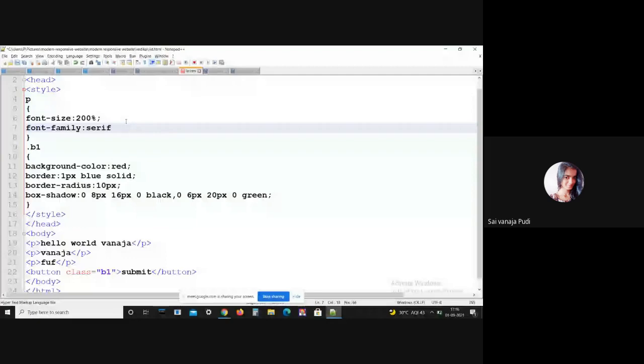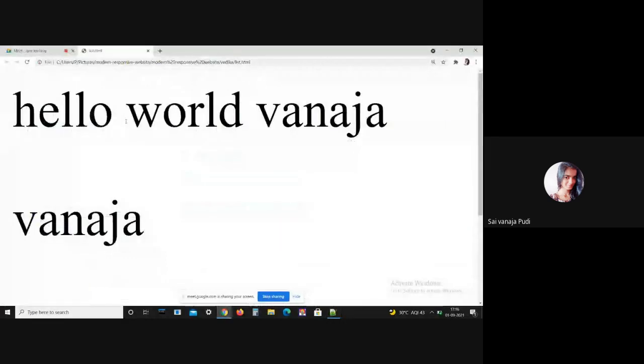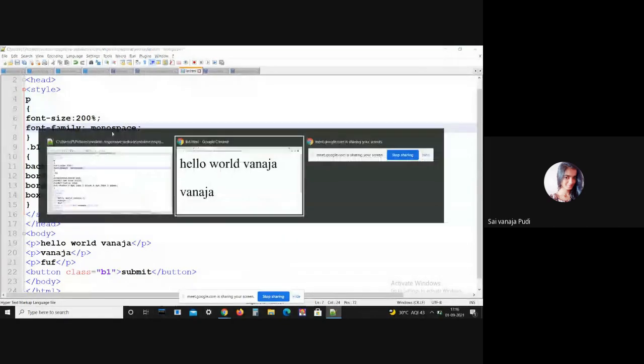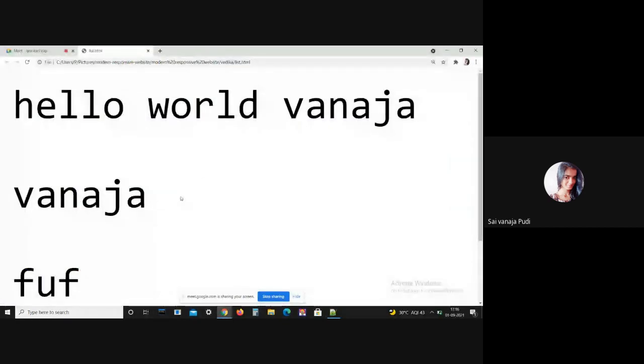Serif. See, compared to the previous one, you can clearly see the difference between serif and the monospace.